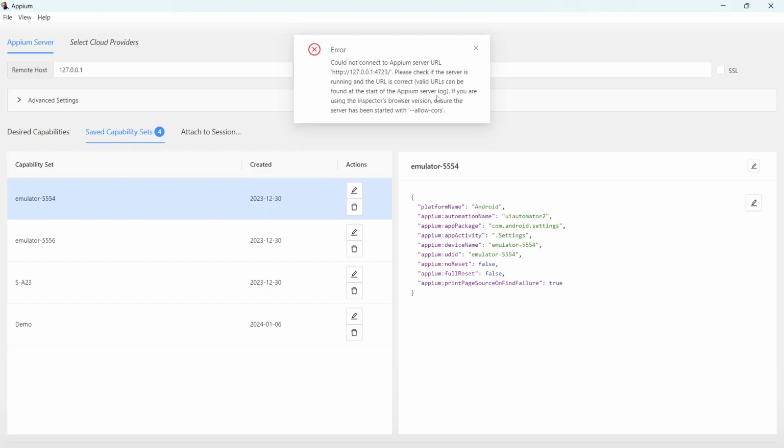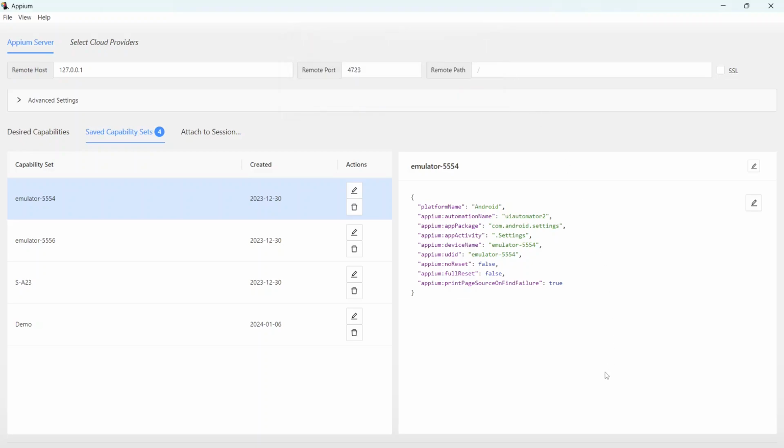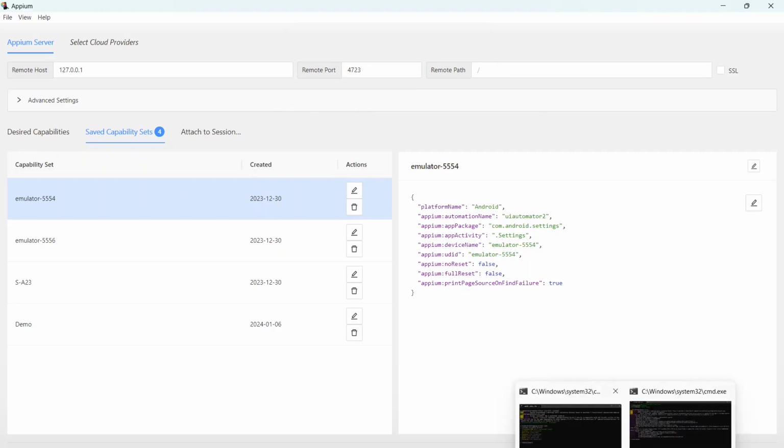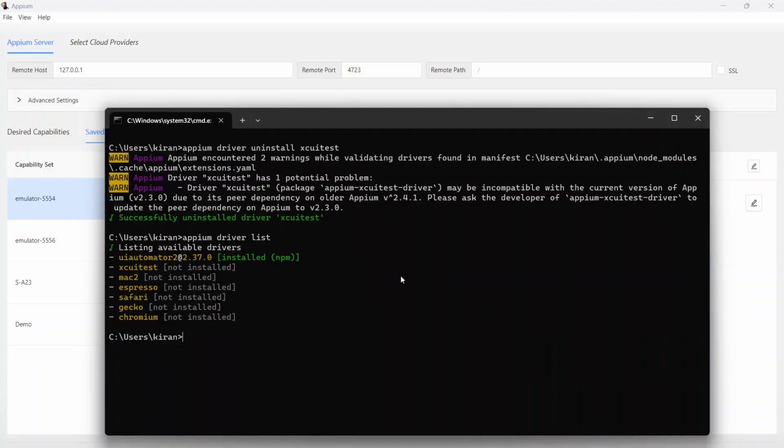That is one thing. And after that, if you are using the Inspector browser version, ensure that so and so it is giving that message. So my Appium Inspector is not running. That is the one, it is giving the error. What I will see is,